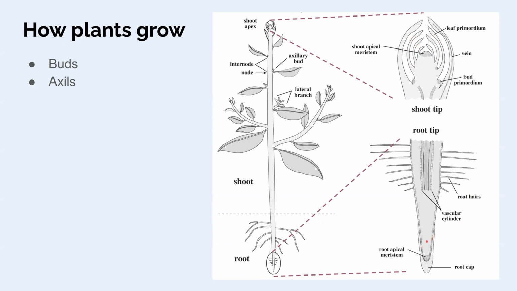Root tip a little bit different, not as many, so there's no other organs to be produced, just some root hairs coming off to the side and the older root tissue, and the root is protected by this root cap